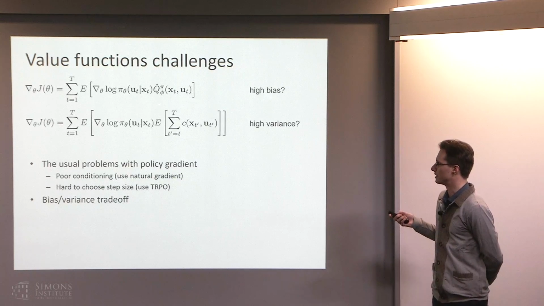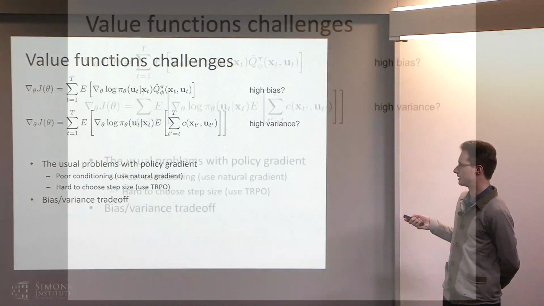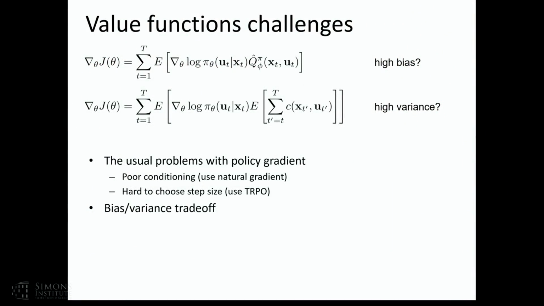When we have our standard policy gradient, it's unbiased, but it might have high variance. The one where we use the function approximator is hopefully going to have lower variance because we've directly tried to estimate this expectation. But generally, we won't get it completely correct, so we might have some bias, because we don't typically solve regression problems perfectly. We'll have some epsilon error, and that might cause some problems. So it's a bit of a bias-variance trade-off.